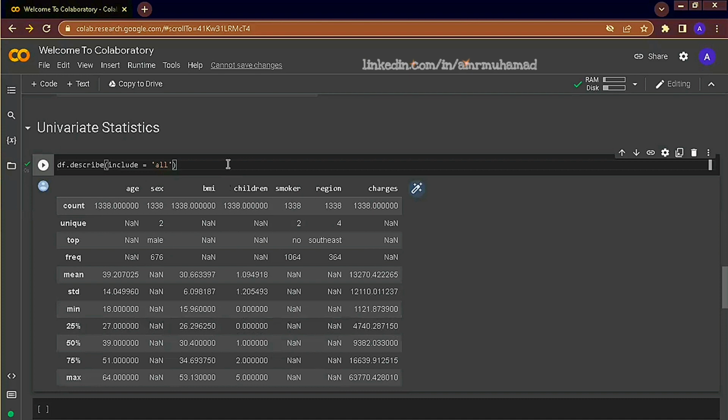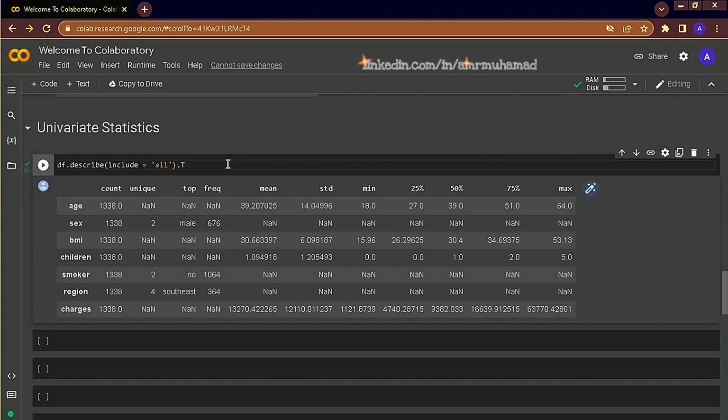Now let's transpose this so we have a better view of what's going on. The describe function calculated several statistics that we have already discussed before: count, standard deviation, mean, min, max, and the quartiles for each numeric value.